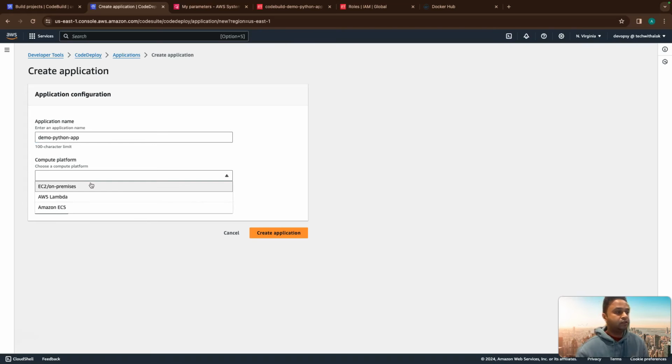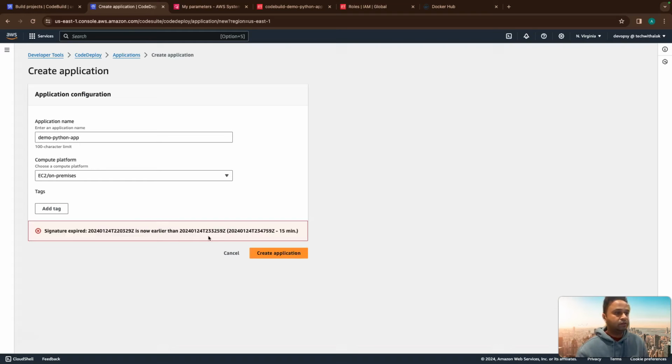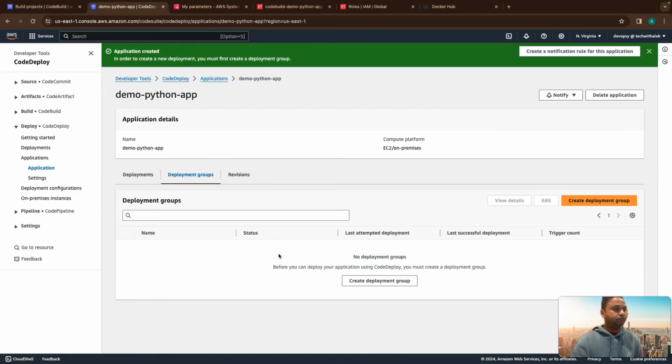So this is where you're going to deploy this application. Either you're going to deploy on EC2s, or you're using serverless lambdas, or you're deploying to ECS clusters. So we'll use EC2s, and we'll just create an application. Okay, great. So we'll try again after fixing the system time. Okay, so we are able to create a new